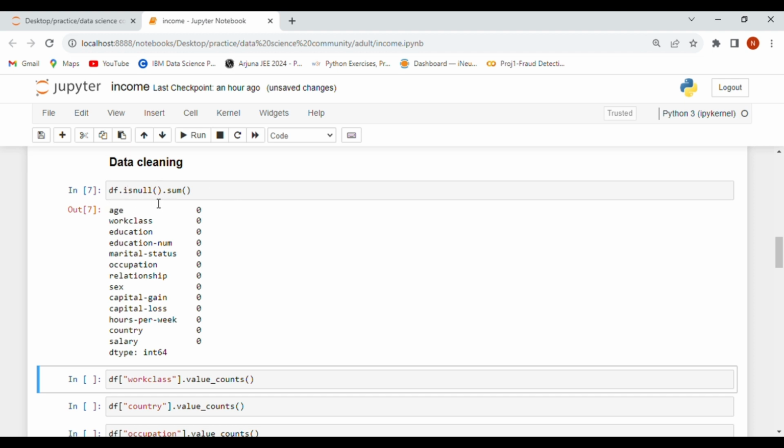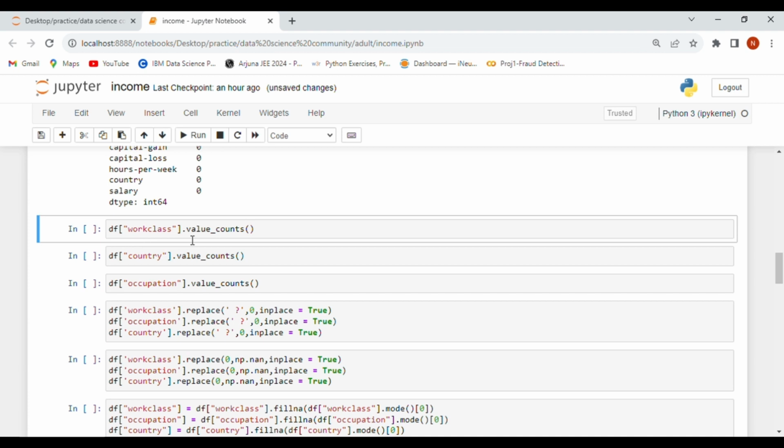No value is present in this data set, that's why it is shown here as 0. Okay, so now as we see, our data set contains this question mark instead of null values. Here we can see that in our country column we also have this question mark sign, and in our occupation also we have this question mark sign, and so we need to remove this question